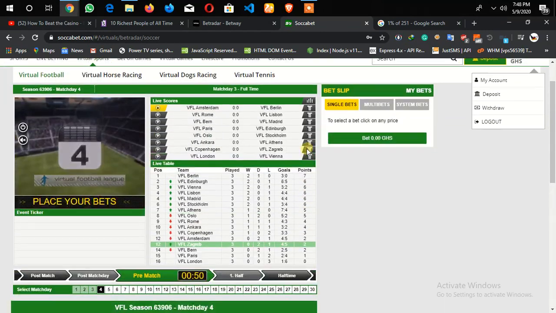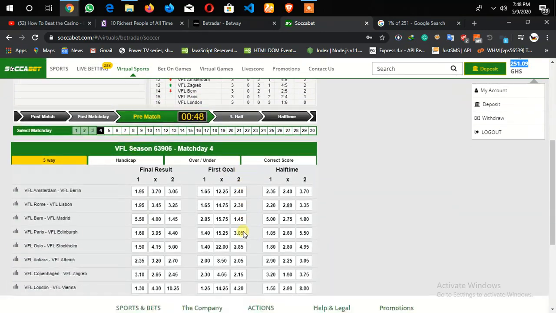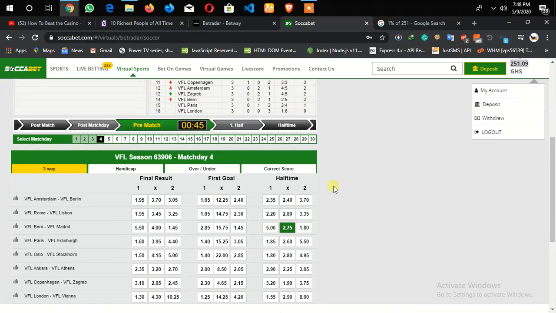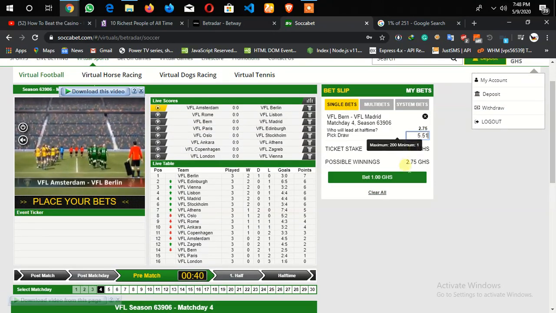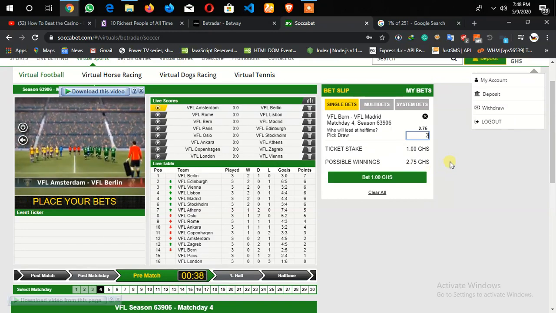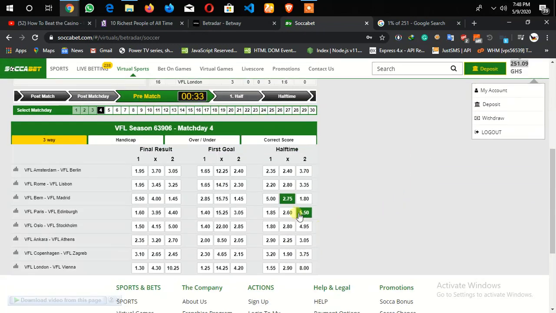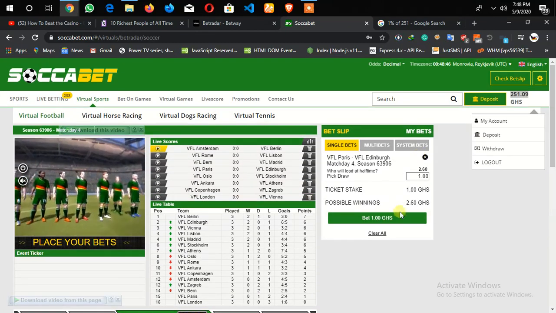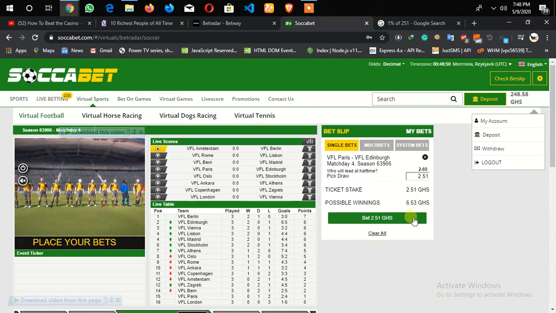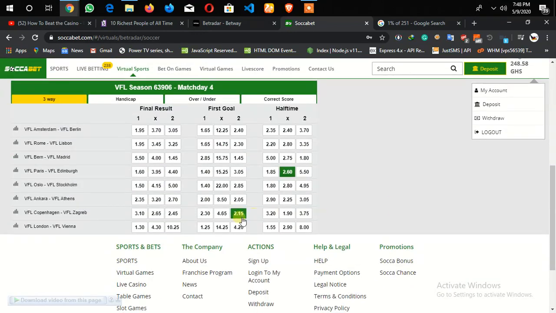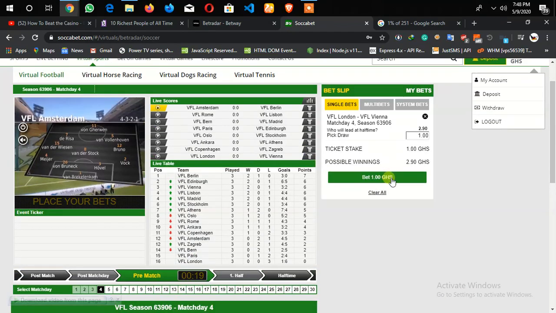So let's go back there right now and look for people to play. So immediately I will simply play those games that I played with 2.5, or let's just use 2.51. I've placed the first one. The second one was Paris. 2.51. The third one was London. 2.51.